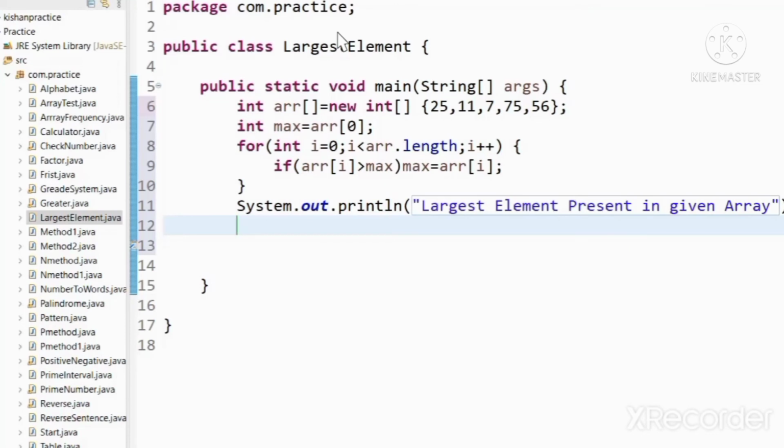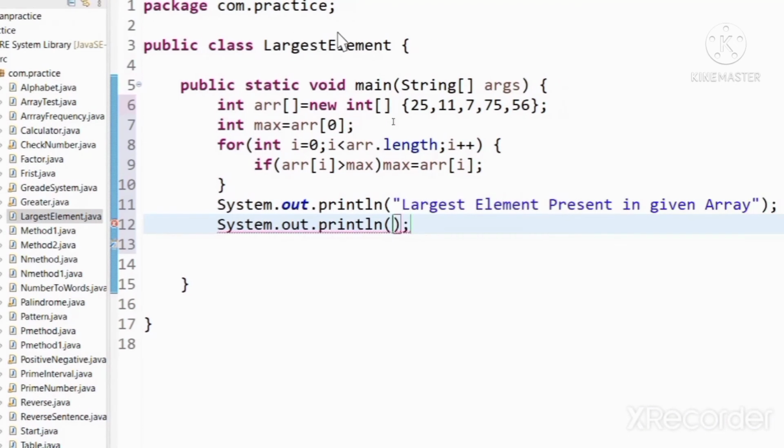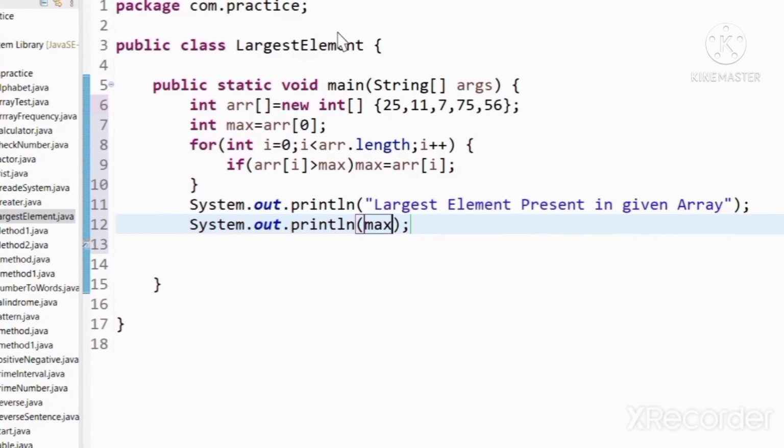After that we are taking another print statement, System.out.println, max.